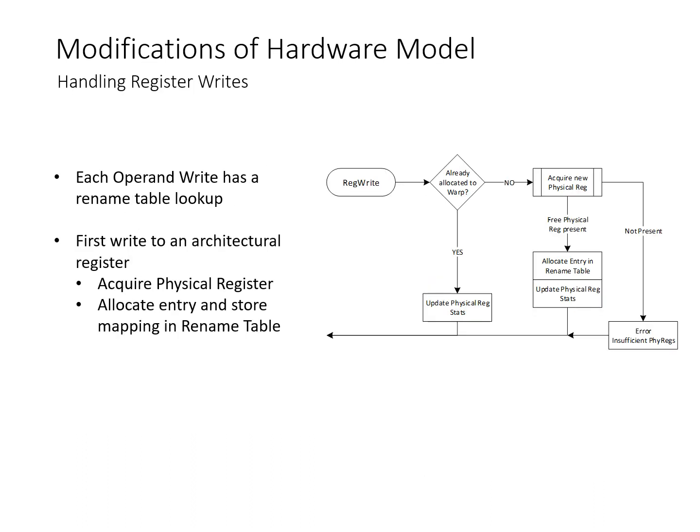We have modified the GPGPU-Sim hardware model to include a renaming table. It handles every operand read and write that is executed by the function simulator. In case the function simulator executes an operand write, it triggers a lookup of the rename table. If a mapping from architectural to physical registers already exists in the rename table, it simply returns that mapping. If a mapping doesn't exist, which happens in case that architecture register has never been written to yet by the kernel, then the table goes ahead and acquires a physical register and allocates an entry within the table and stores this mapping for the architecture register to the physical storage space.